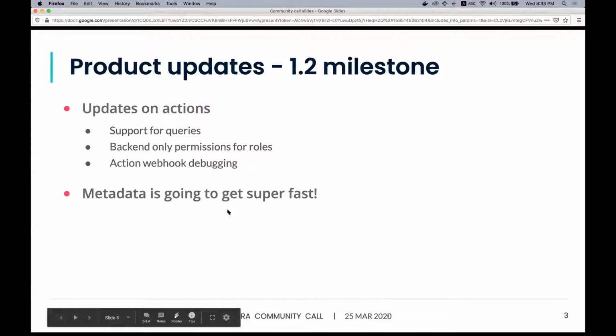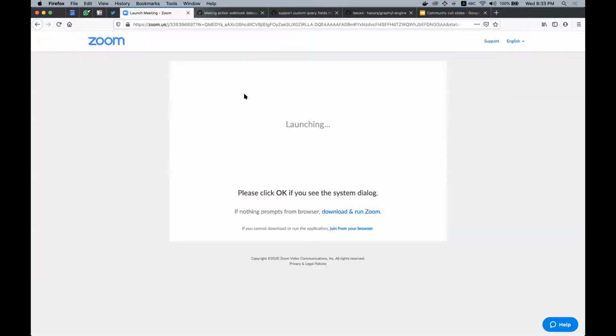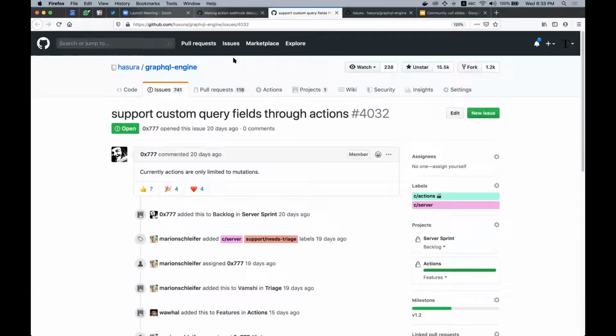And then you can have custom types that can return whatever kind of custom data in a custom format that you have. And then, of course, as usual, you'll be able to make relationships to existing objects in the Hasura schema from the return type of your query. So you'll be able to have relationships back and forth there, and that should work as well. You can look at that action that is in progress here for custom query fields, and you can track progress there.